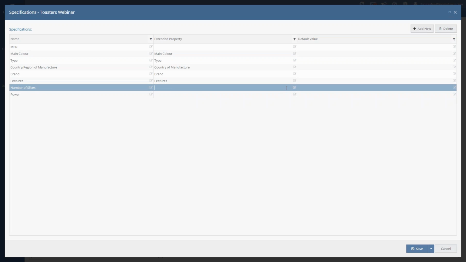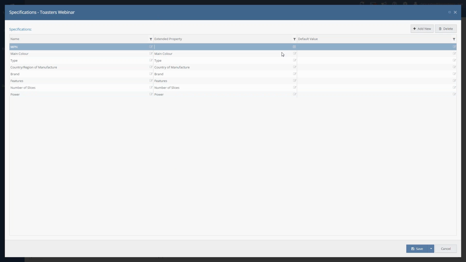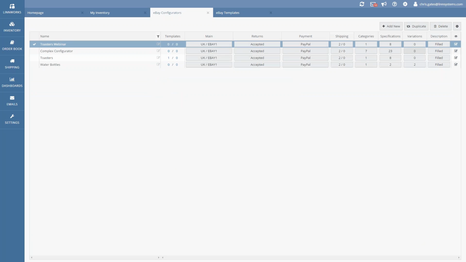Number of slices, I've mapped to number of slices. I think I've got that in here. Power, I've mapped to power. And MPN, I've mapped to MPN as well. Okay, so once I've saved that, the last thing for a single listing to list those toasters will be my